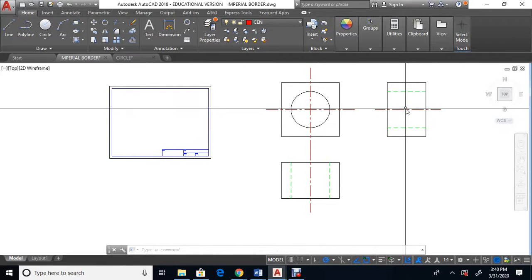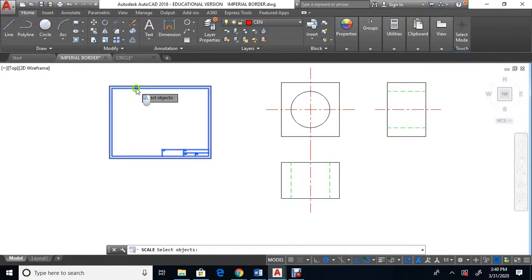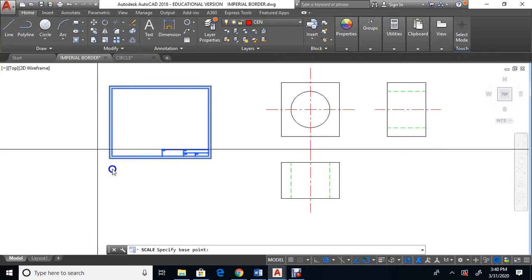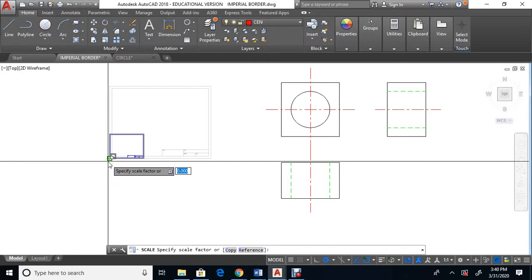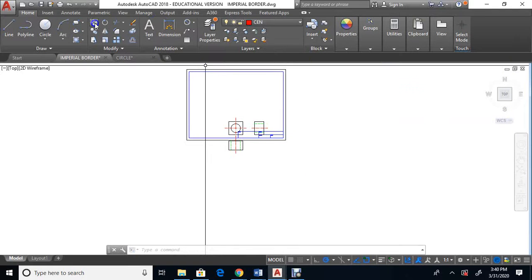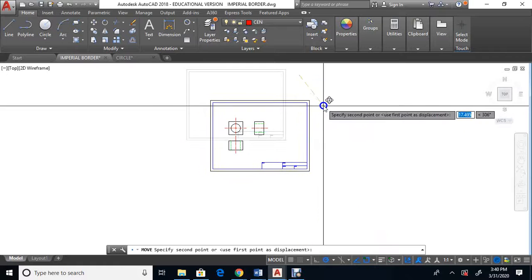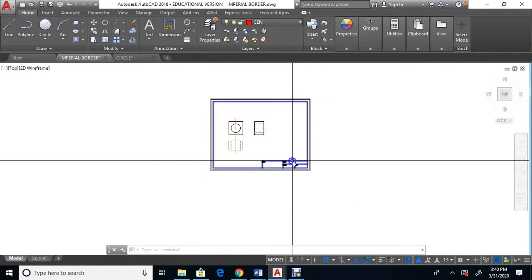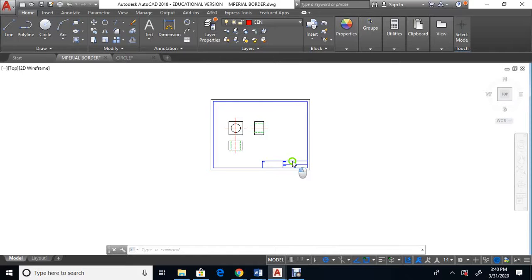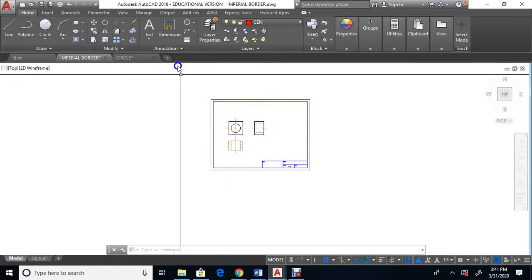The border is too small for this, so we're going to scale the border. Hit the scale command, pick the border, hit enter, click here, and 4, enter. Just made it 4 times bigger, and then I can move the border around my object that I just drew. And I'm going to dimension it. Now you can highlight the border, double click. If you want right now, you can put the scale in here. It's 1 to 4. So that 4 is very important to remember because we're going to use it right now